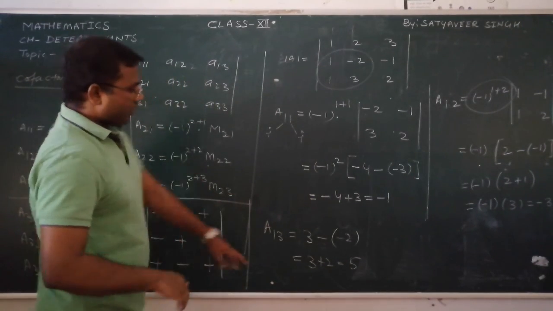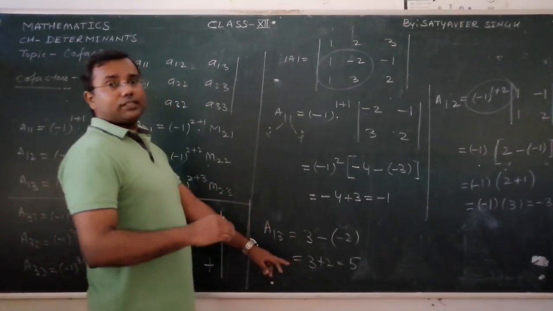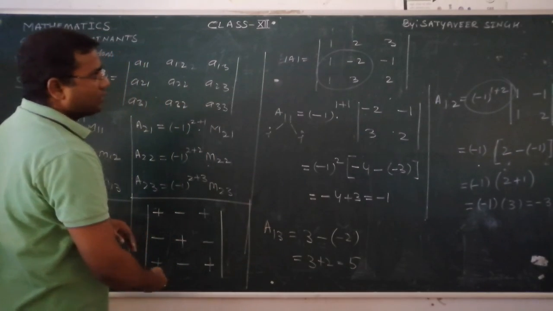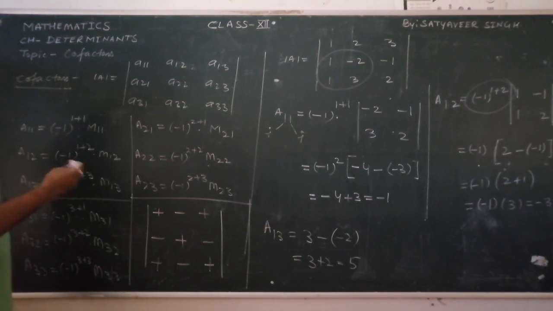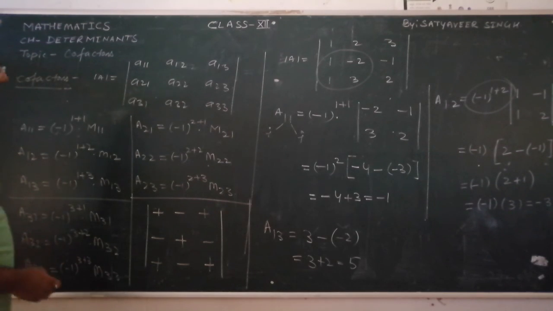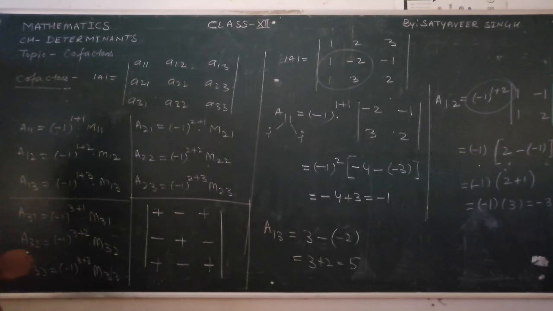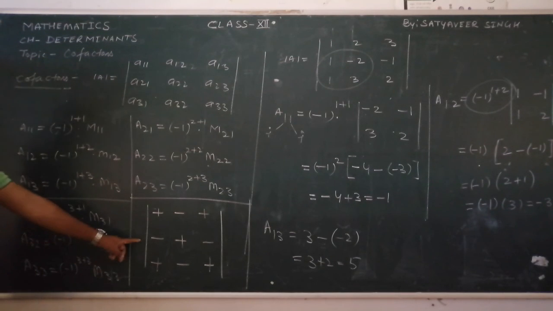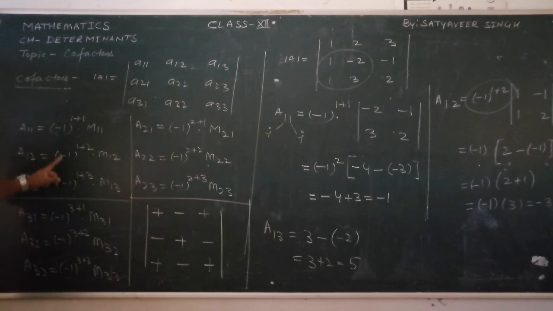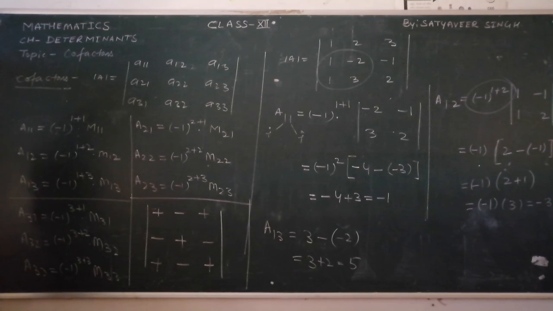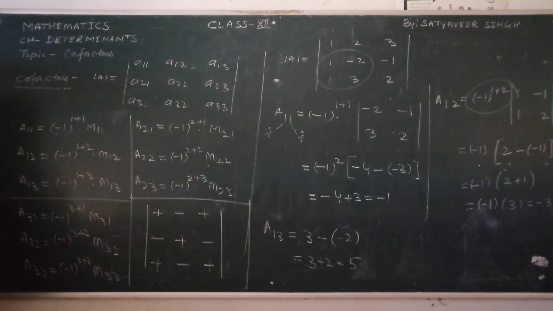So in short we can do like this also. But this you will do later on. Once you go through the procedure and solve some questions, then slowly you become habitual of calculating these cofactors like this. I hope you understand till here. So this table for the signs particularly, you will have to keep in your mind, and the actual procedure of calculating the cofactor is there. I had explained. I hope you